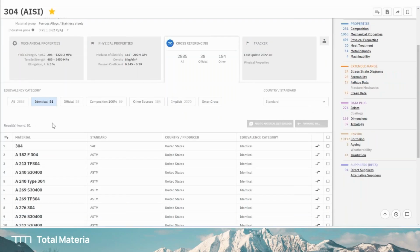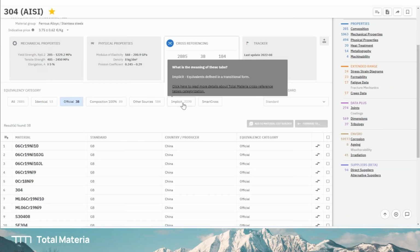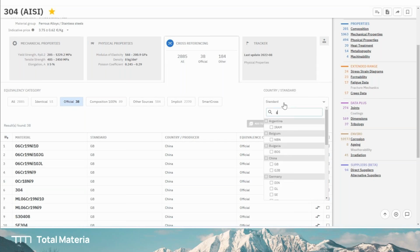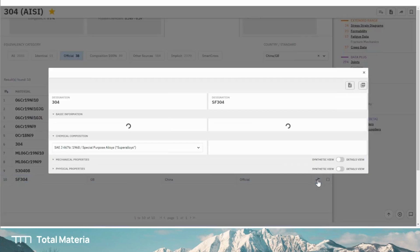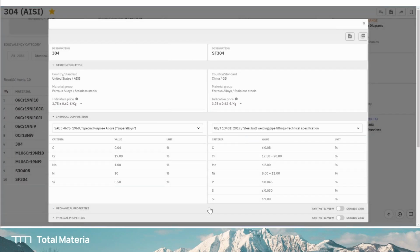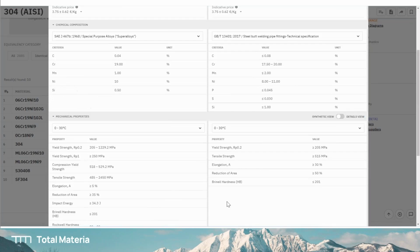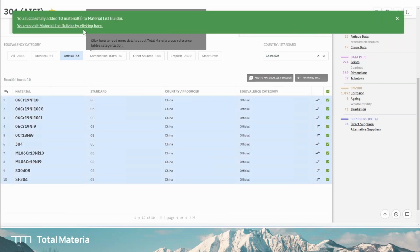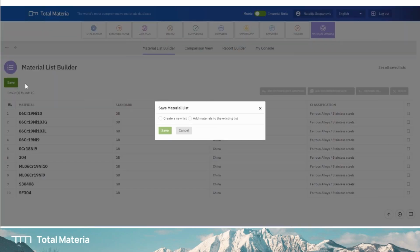You'll be able to find, including in Excel format, the most use case scenarios in Total Materia to find the cross-reference equivalent material. You can easily filter here GB standard equivalents of this material. Here you have 10 examples, and with one click, you can compare these two materials side by side to see if Total Materia offers you a really accurate